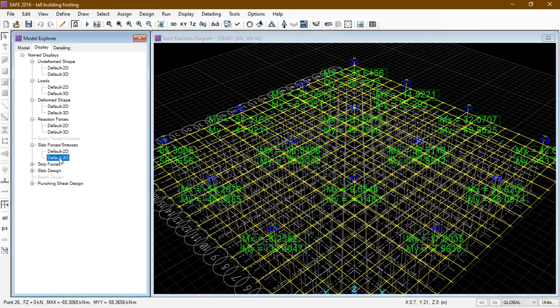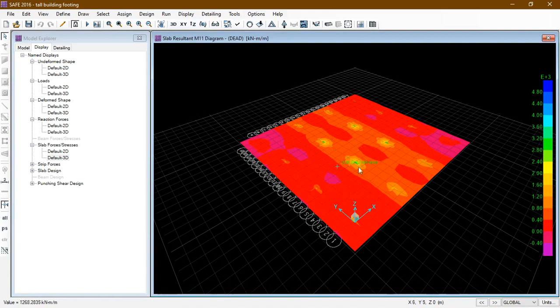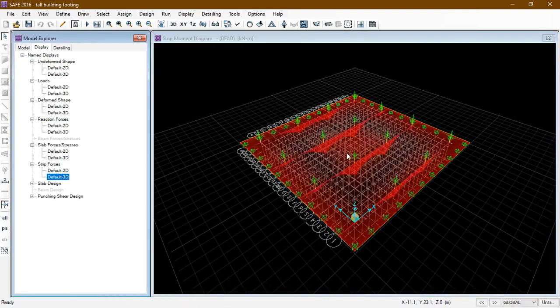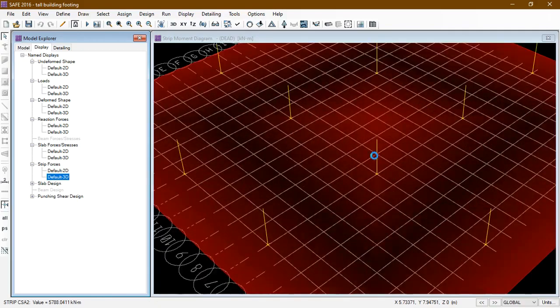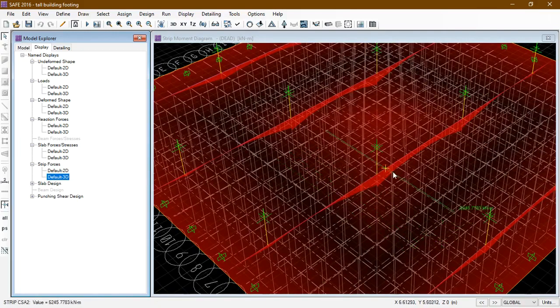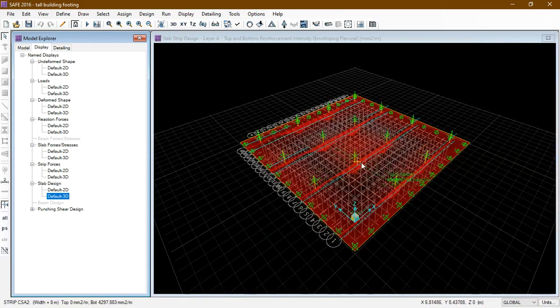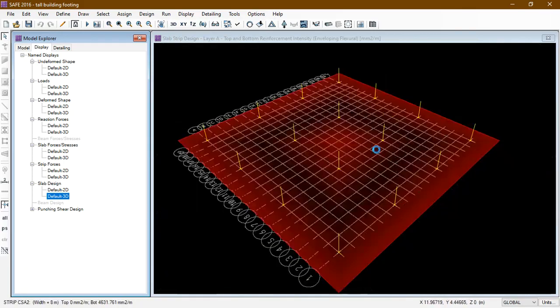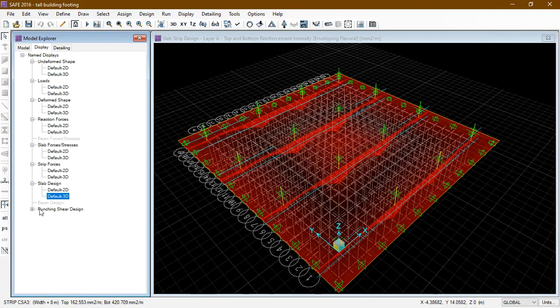Slab forces. Stiff forces. Slab design. Punching shear design.